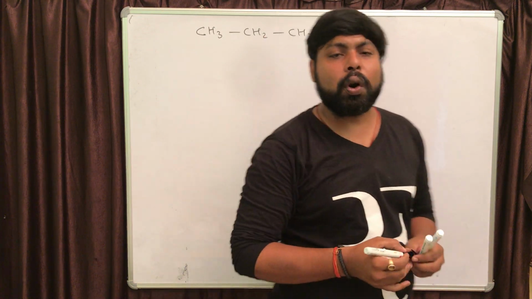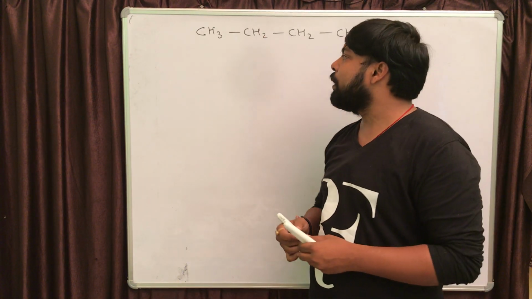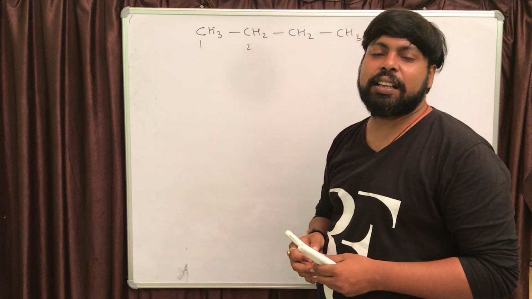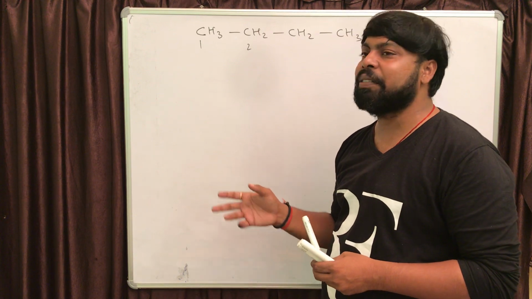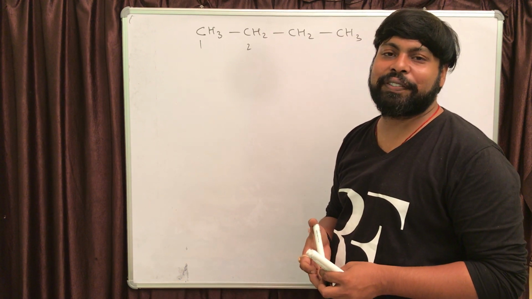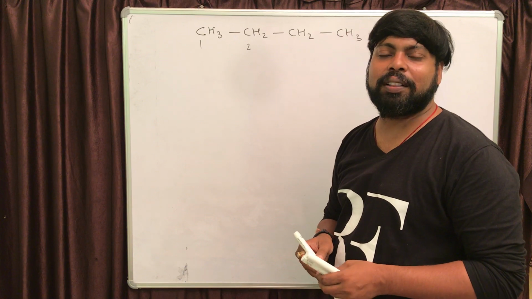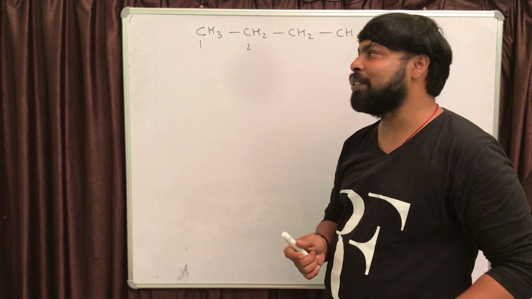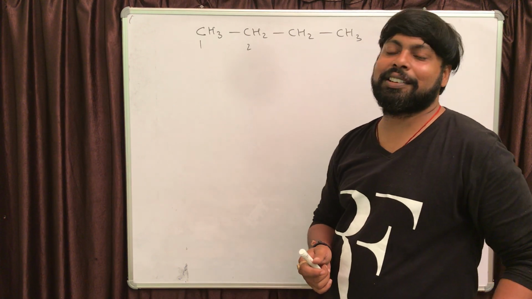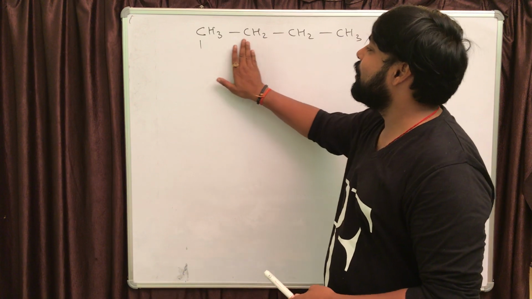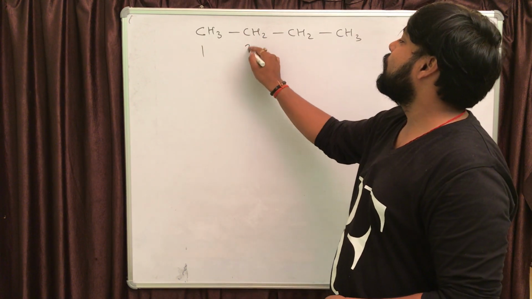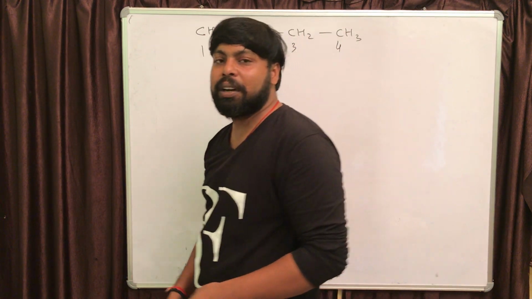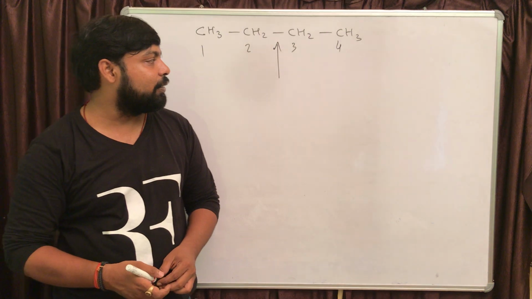If you want to draw the conformer between carbon number 1 and 2, you will reach the same situation that we have done in previous case, in case of propane or in case of ethane. All staggered are having same energy, all eclipsed are going to have same energy. But the situation will be changed if you are going to draw the conformers around covalent bond between carbon number 2 and carbon number 3.